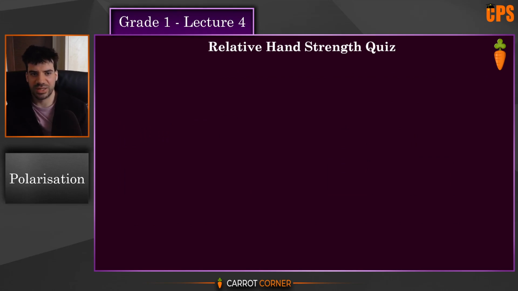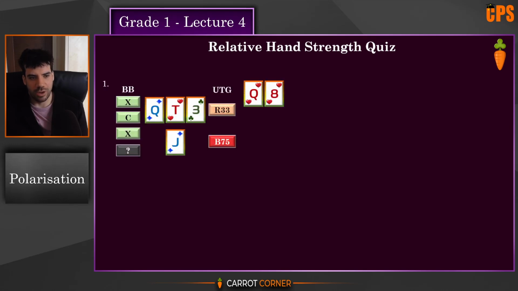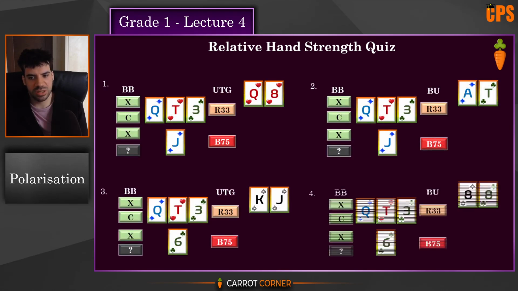Let's do a quiz on this now. I want you guys to look at 4 situations where you're facing a bet and to try to work out whether these are calls or not, depending on your relative hand strength. I want you to ignore the option of raising for now. So have a look at these 4 questions, take your time, write down some answers, have a look at the